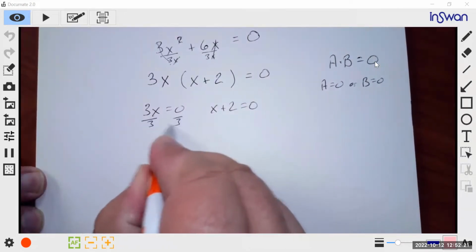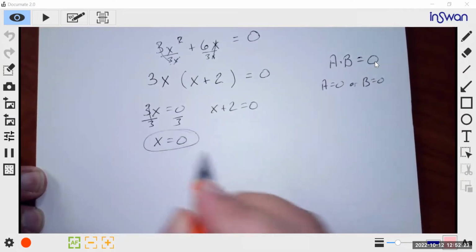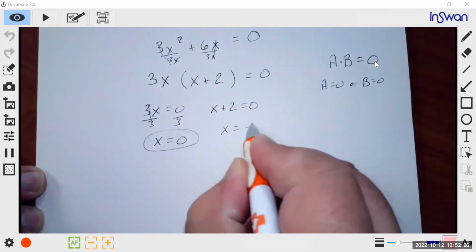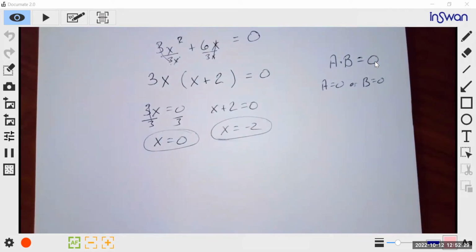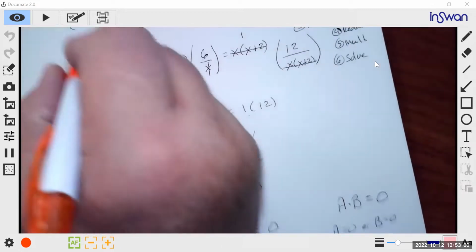Divide both sides by 3. So x equals 0. And subtract 2, x equals -2. So what do we do next? Look at your original equation. What x's can we not use? Take your denominators,